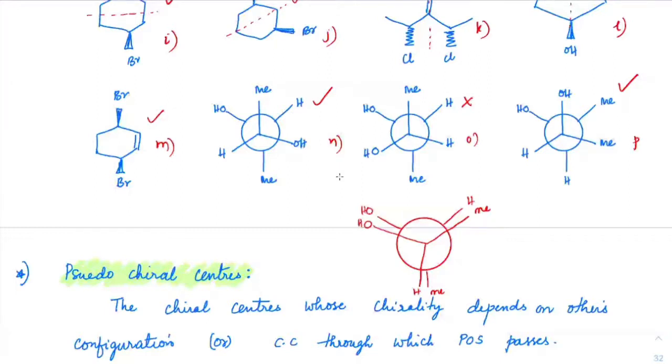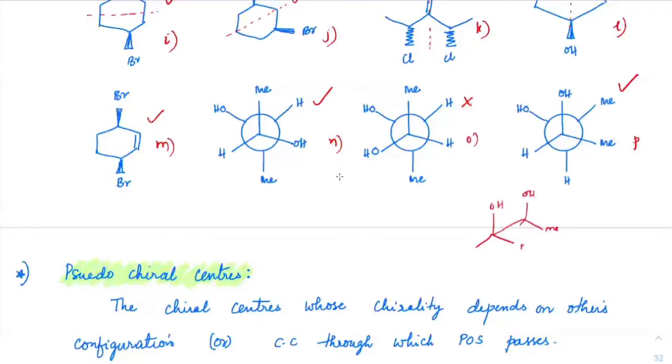Sir, if those 2 methyl groups are side by side, then the plane of symmetry exists. Yes. Then it won't be chiral, no? In the case of the last one, sir, by rotating, the plane of symmetry will exist. Methyl will come here. This time the plane of symmetry will exist not with respect to oxygen but between the carbons. It will be like this: OH, OH, methyl, methyl, hydrogen, hydrogen. So between this you will have a plane of symmetry, between carbon and carbon. Okay?